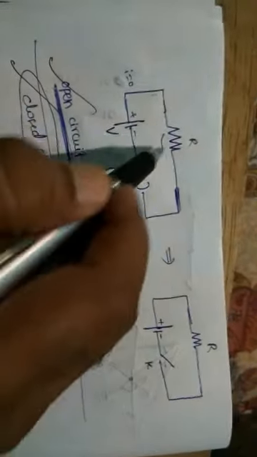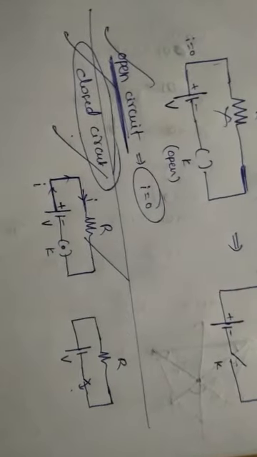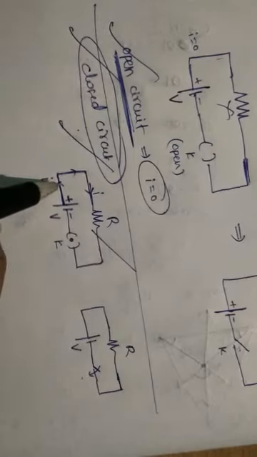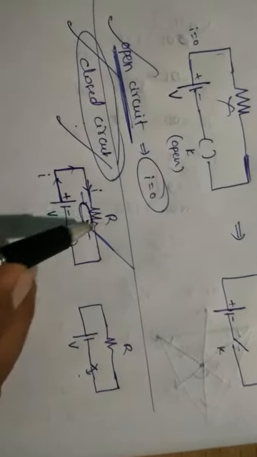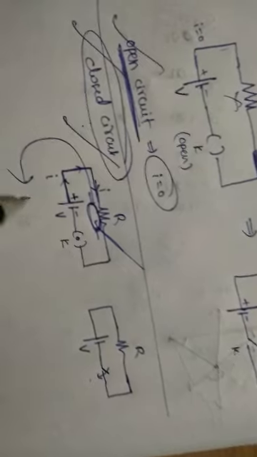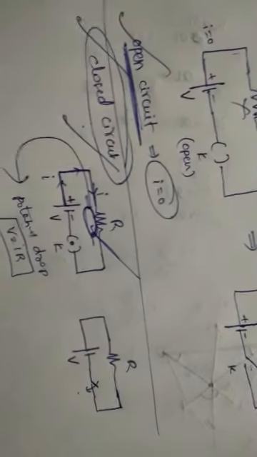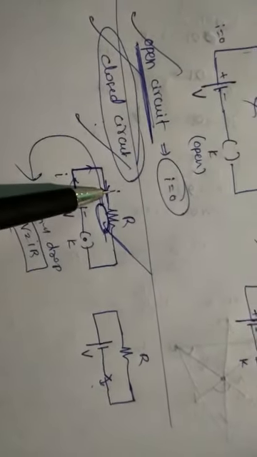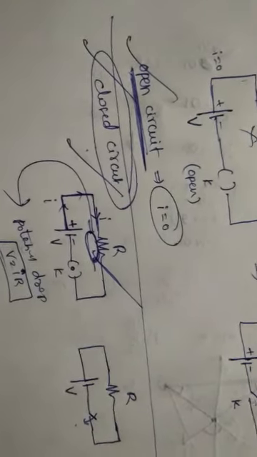Remember, in the open circuit current flow is 0, that means the resistor is not working. In closed circuit current is flowing, that means the resistor is working. If current is flowing across the resistor, some potential will be dropped here. What is the potential drop across the resistor? Using Ohm's law, the formula V = IR. Potential drop across the resistor when current I is flowing, very important, V = IR, just like Ohm's law only I am following.